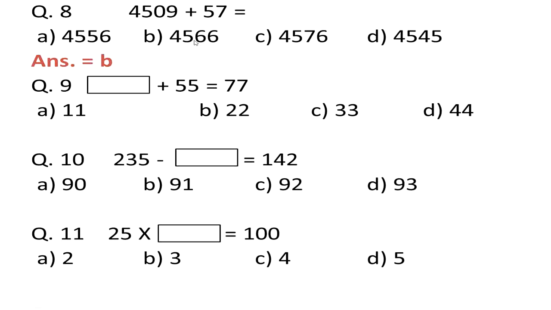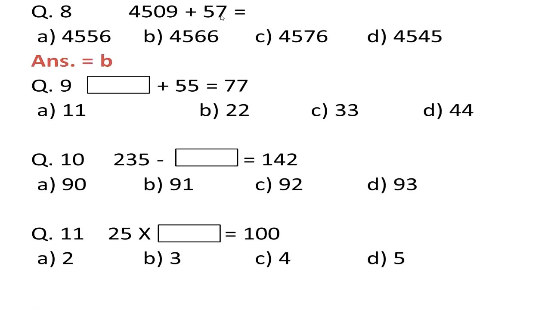Again here also we are not going to carry out the full summation, because if we see the 100 place value and 1000 place value, 45, that is the same for all. So it means we are quite near to our answer, that is 4500, but again the next two digits are either 56, 66, 76 or 45.